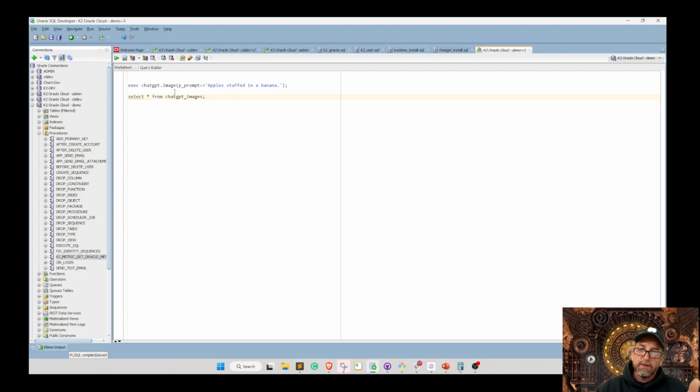Once you have K2, there's just a lot of things like this that you can do. And the whole idea here is to make app development faster. How am I going to use ChatGPT? Well, in Chart Density, I'm grabbing right now, I am collecting the Oracle metrics. So we're going to let ChatGPT define a definition for every single sysstat. There's like 2,000 of them. And I'm going to do that automatically,